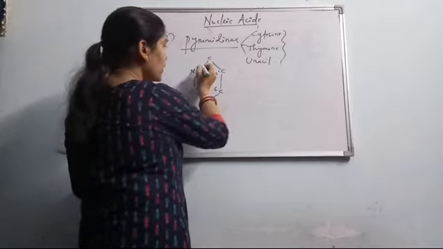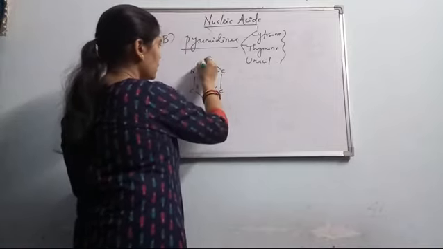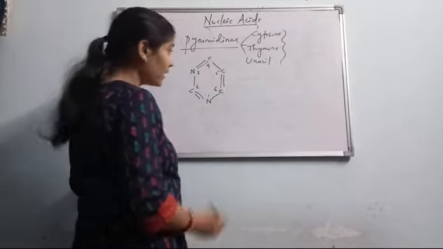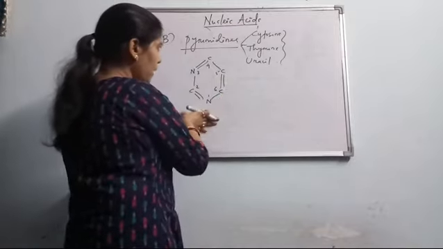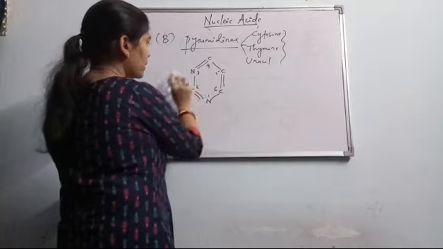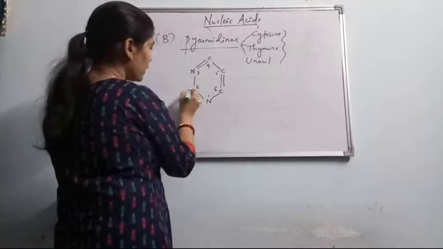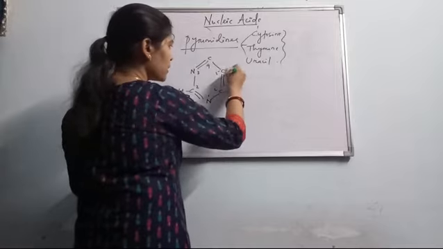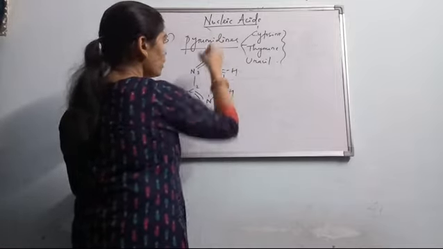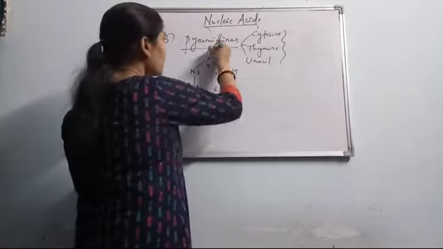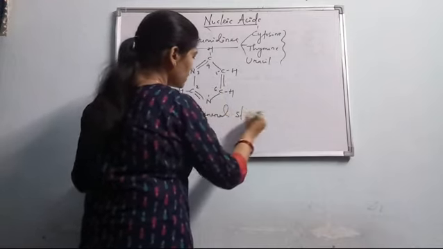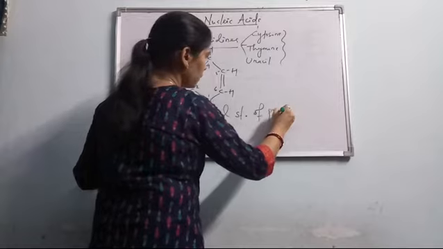Then, what is the position of the double bonds here? Double bonds are present in this manner. And then we have to pack up the valency. We know nitrogen is trivalent and it is packed here. Carbon is tetravalent, it needs 1 H here. And this is trivalent packed, this needs 1 H, this needs 1 H, and this needs 1 H. So this is the general structure of a pyrimidine.